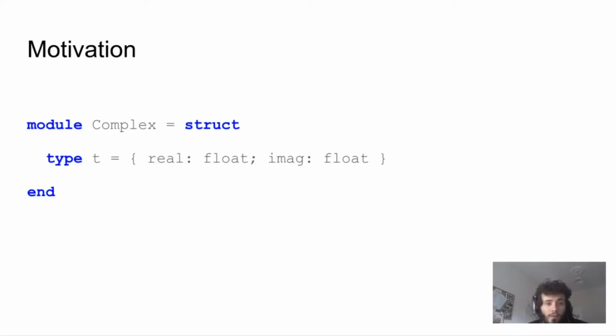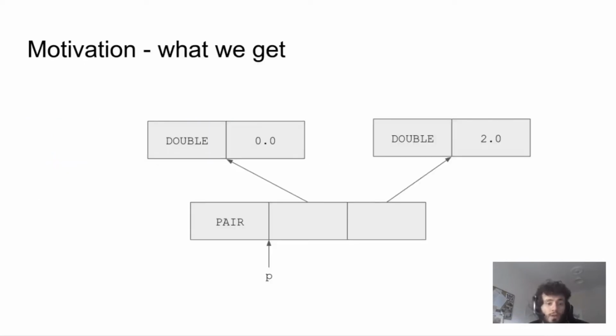OCaml is a high-level language, which means that it is not well suited for expressing specific low-level constructs. As an example, we consider a simple type to represent complex numbers composed of an imaginary and a real component. If we declare a complex number as a pair of floats, we end up with many allocations. Even though we only care about 8 bytes of data to store two 32-bit floats, the object will be spread across 56 bytes and 3 distinct allocations, producing 3 distinct blocks on the heap.